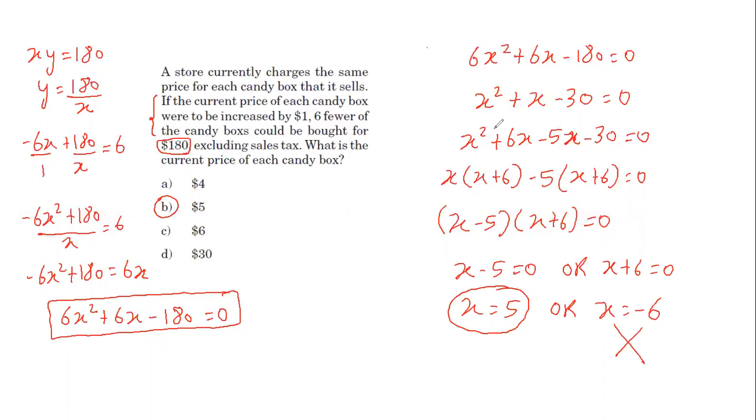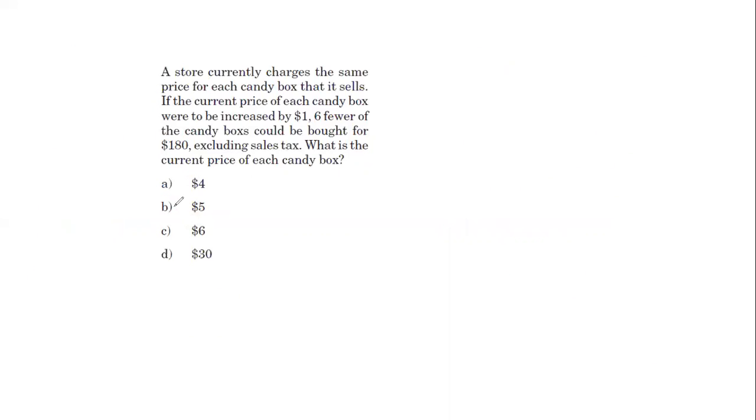But guys, in our SAT, we should always be aware that the options are already there in front of me. So I can always leverage the fact that the options are already present. So let's try to see another approach to solve equations like this. So here we'll take the advantage of the options. So I'm writing the options here: A, B, C, and D. So it says $4, it says $5, it says $6, and it says $30.